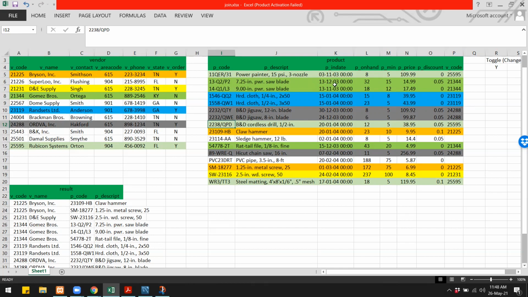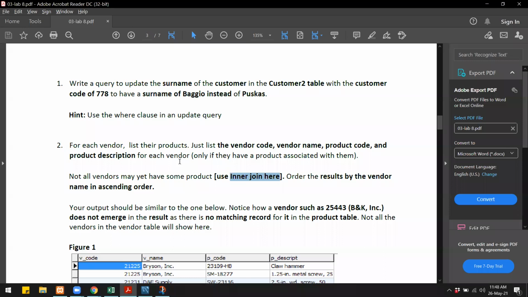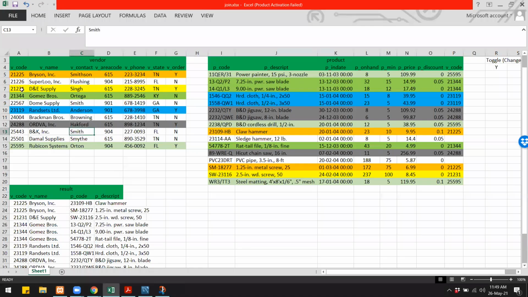And as well, in the product table, there are some products which do not have a vendor. So what the question means is, we are going to select for each vendor their products. So we will list the vendor details as well as their product details, and we will select only if the vendors have a product. That means only those vendors which are highlighted over here.